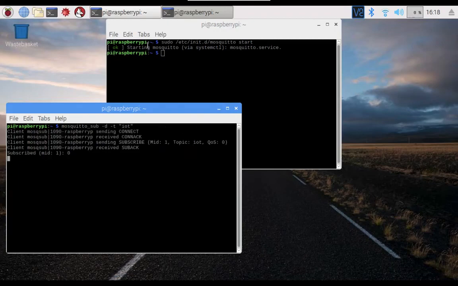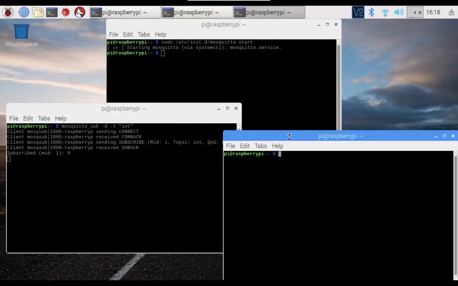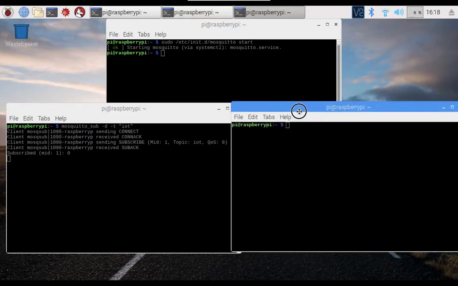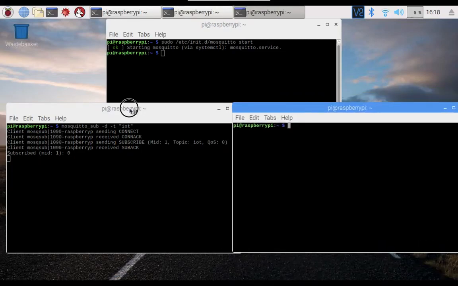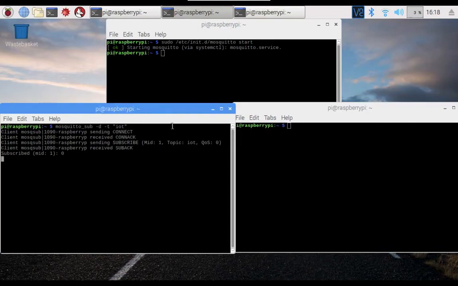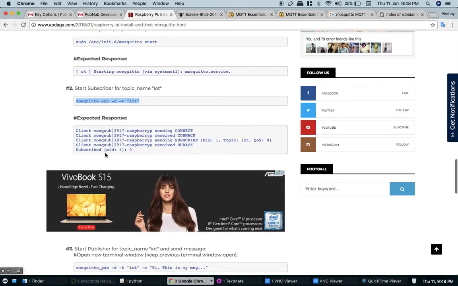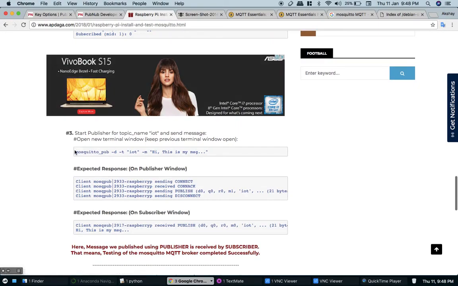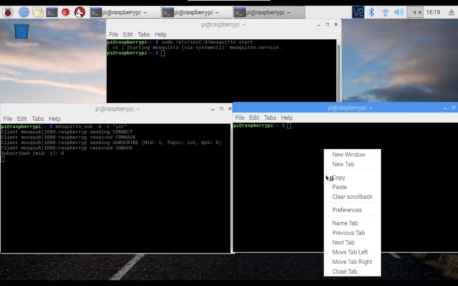Okay, then I'll open one more terminal. It will be the publisher. For that I'll copy this command and paste it here.